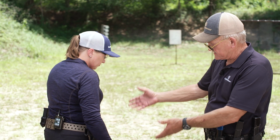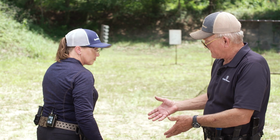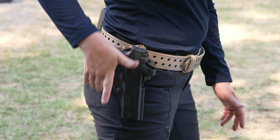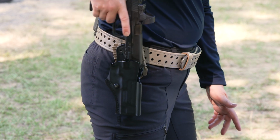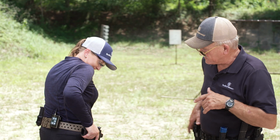We're going to start with the hands naturally at your side, and on the timer, I'm going to say go, and she's going to go for the pistol. There are two ways of actually grabbing the handgun in the holster. You can scoop it from the bottom in one sweep. That I find is spectacular if you practice, and you practice. I hardly do that. I like to show the other technique where you come into the holster and you thrust